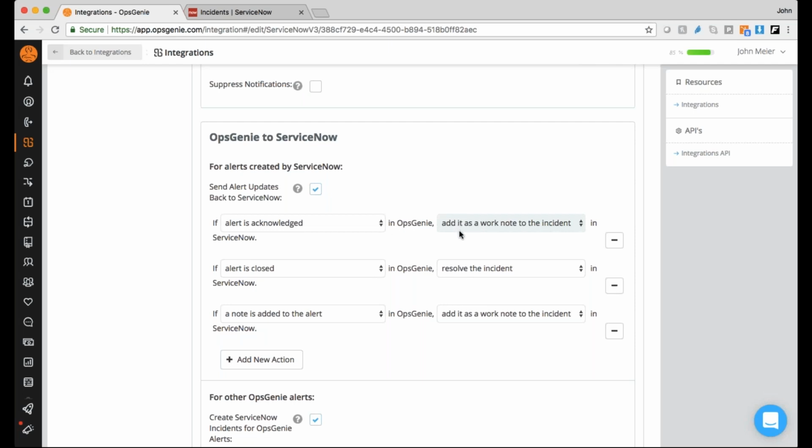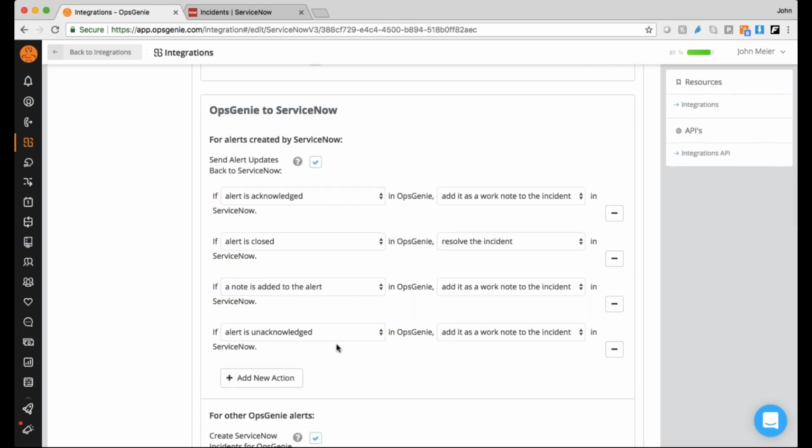And you also have the following options: resolve the incident, close the incident, create an incident, send to a custom endpoint, or assign the incident to the user. So some of the things that we see pretty often are, these are the three default options: acknowledging, closing, and adding notes. You can add additional actions here and say maybe you want, when the Opsgenie alert is assigned to somebody, maybe you want that